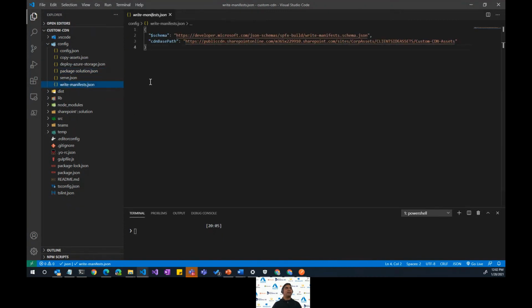And in write manifest, I put a location where I want my assets to be stored. In this case, I have given a public CDN URL to this SharePoint site, corp assets, and the client-side assets library. And within that library, I chose to put my assets into a custom CDN assets folder.